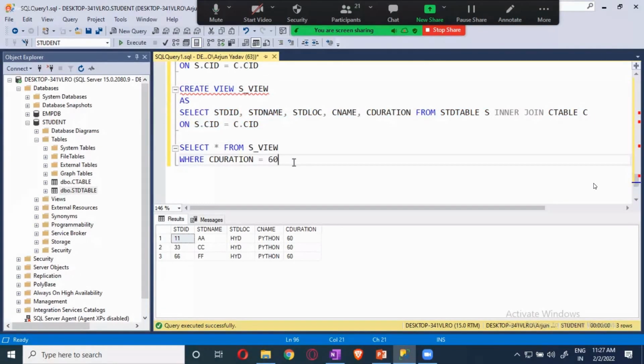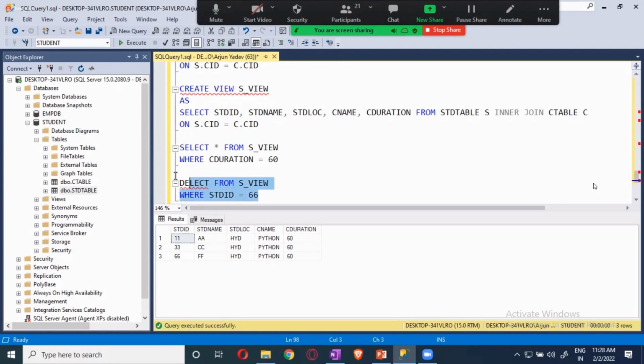The problem is, if someone wants to insert using the view, the view will have limited source, only the view. So he doesn't know how many tables the data has been extracted from, and how many remaining tables are there. Now, if I want to delete something, just see this, delete from s view where std id is equal to 66. I want to remove this guy.